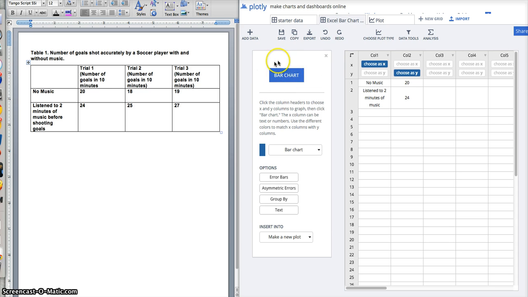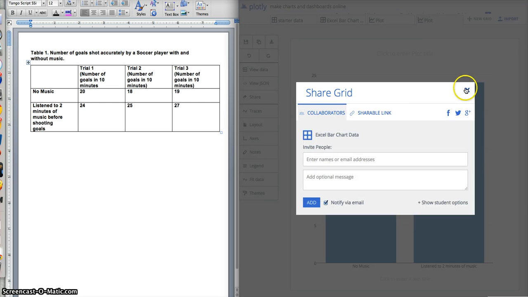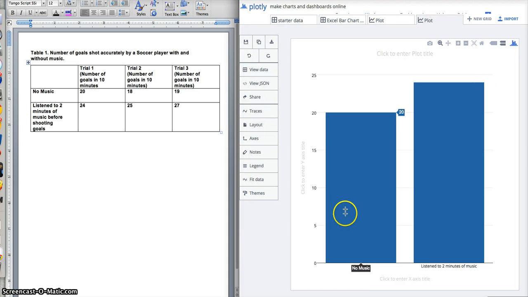Plotly has already set up a bar chart for you. So you're going to click on this button that says bar chart. And when you do that, you see it will graph the data for you. So you can see for no music, we have 20 people, and for 2 minutes of music, we have